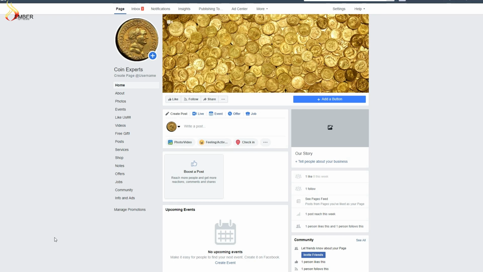Okay, namely, every Facebook ad that you create, every paid ad campaign, is going to have your page linked to it, or rather it will be linked to your page. So when people see the ad and they look at the profile image and the name of the author of the ad, it's going to be your Facebook page. Okay, so in this case, if we were to put out some paid ads, it would be Coin Experts that people would be seeing in those paid ads. All right, so that's a sense in which your paid advertising is anchored to your page, and therefore the page has to at least exist. Okay, even if you don't have any content on it.